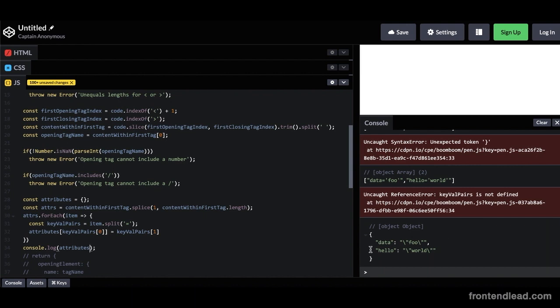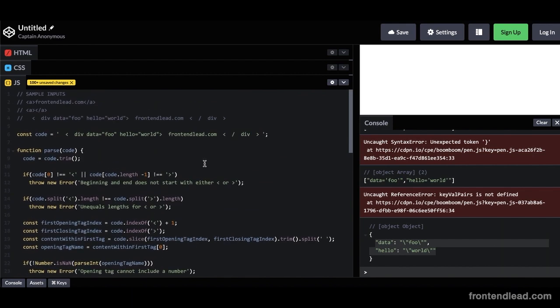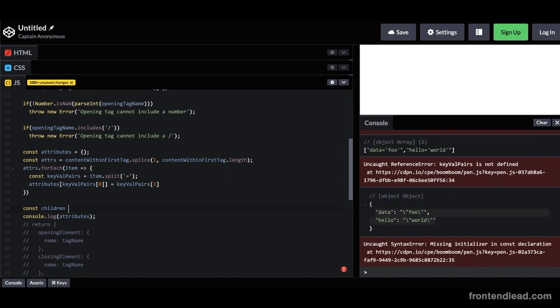Cool. So we got all of our attributes that we care about. Obviously, we can add additional checks here, checking for numbers and so forth, but I think this should be good enough for the problem statement at hand. So let's move back up. So next, we want to worry about the children first, this guy in here. So let's create a new variable called const children, which by default right now is going to be equal to